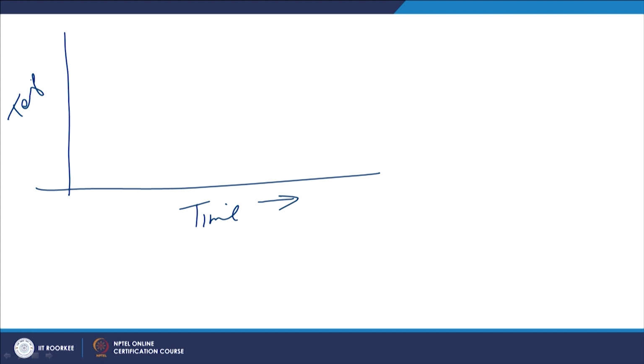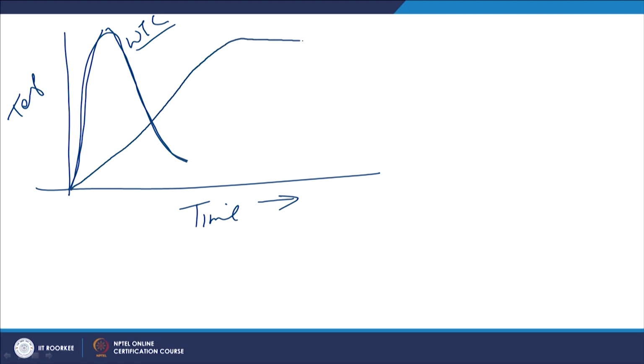So, if we try to understand the way by which weld thermal cycle shows the variation in temperature as a function of time, this is WTC, weld thermal cycle, very rapid increase in the temperature followed by the fast cooling. So, on the other hand, if we compare it with the heat treatment, rise in temperature is slow, then